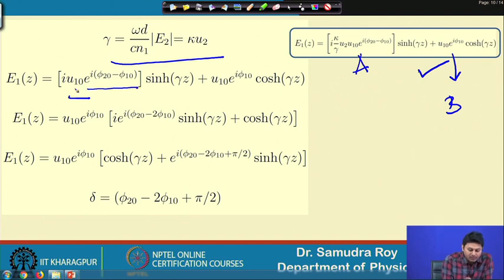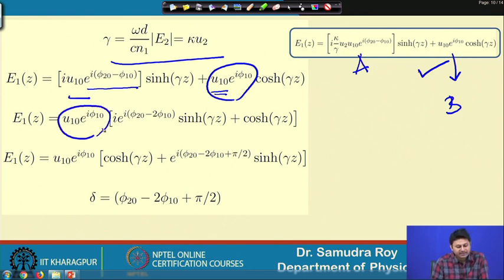Here we have one term u10, here also we have one term u10. So, the next thing that we are going to do is take the common u10 e to the power of I phi 10. This term we take common from both sides. When we take this term common, you can see that we have e to the power of I phi 10 with a negative sign. So, I am taking common e to the power of I phi 10. That is why a 2 term is appearing to compensate that quantity. So, eventually we will have